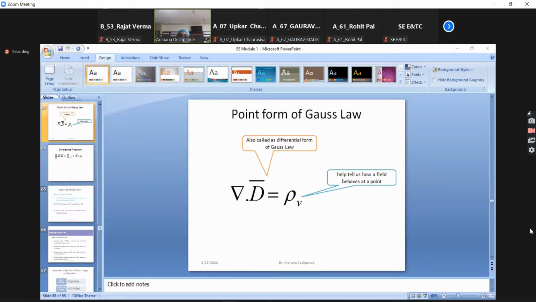Next is the divergence theorem. Okay, so divergence theorem basically relates the closed double integration to